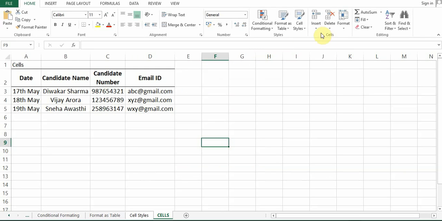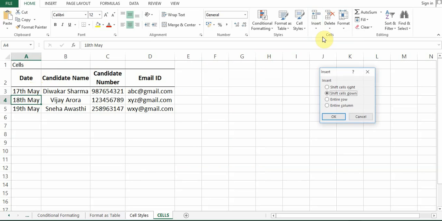Now let's say you want to insert a new row before the Vijay Arora. Then what you'll do, you'll take your cursor here, click on insert, then entire row and click OK.